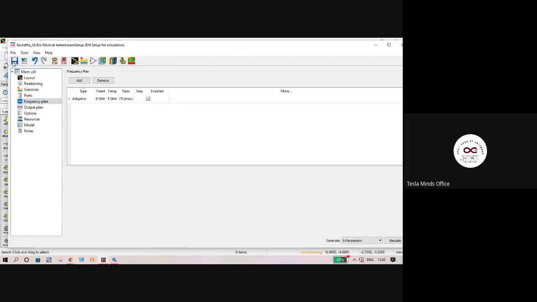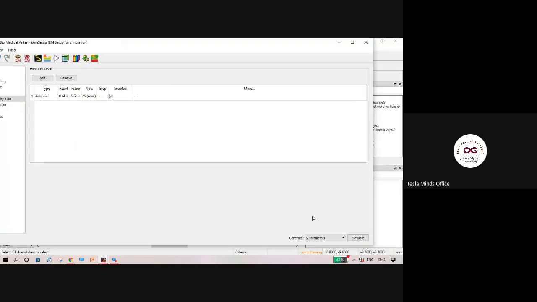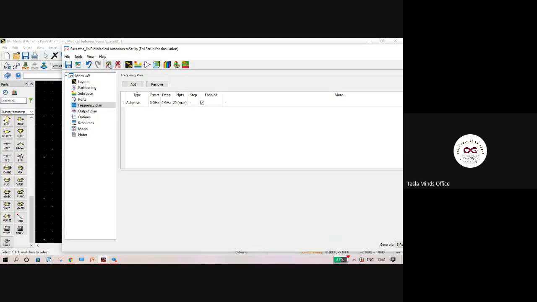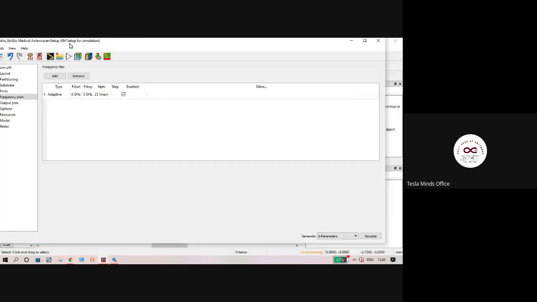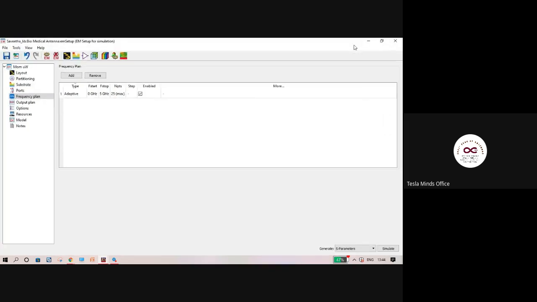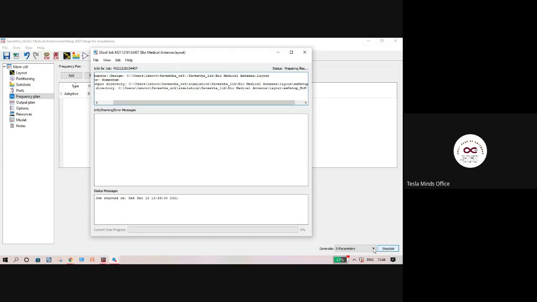Save the EM setup and click on the simulate option at the bottom, or click on this EM icon. Maximize the window and at the bottom right hand corner you'll see the simulate option. I'll just click on it. That's how easy it actually is to design an antenna using ADS software.